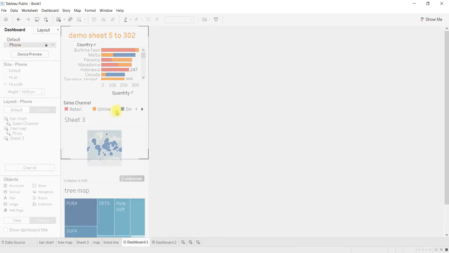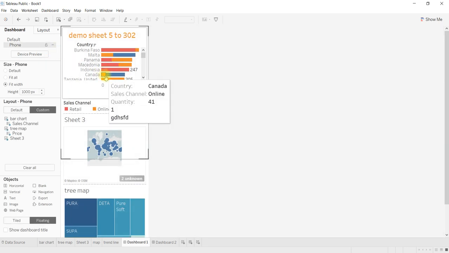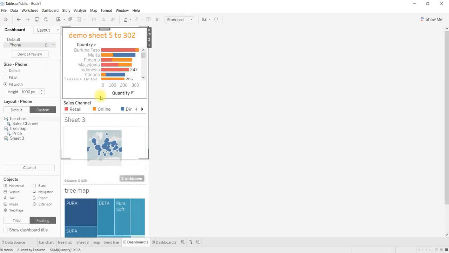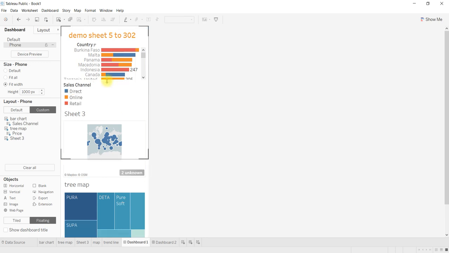Selected. Some of the charts are going out of your mobile device, right? For that, what we can do, we can select here edit layout, edit layout. Then we select one by one to change it. We'll reduce this size.